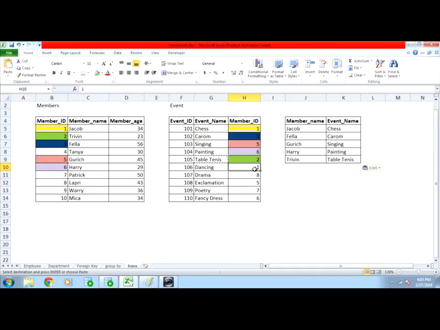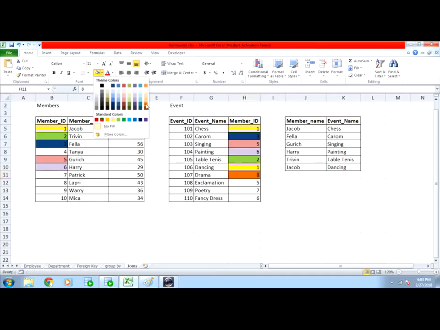Next is again 1. 1 we already know is Jacob. Jacob is also going for a second type of event, which is dancing. Next is member ID 8. Member ID 8 is here in the members table, meaning it is Lapri.